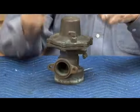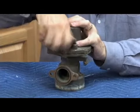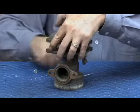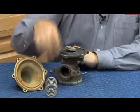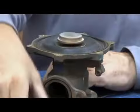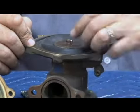Remove our 2 relief valve sensing lines. You can see the air bleed screw on the top. We're going to remove our 6 RV cover bolts. There will be spring tension underneath. Go ahead and remove our relief valve cover, our relief valve spring. That same spring retainer like we saw on the 3/4 2-inch that balances on the tip of the stem, again to divert the spring load through the center of the stem. Once that comes off,